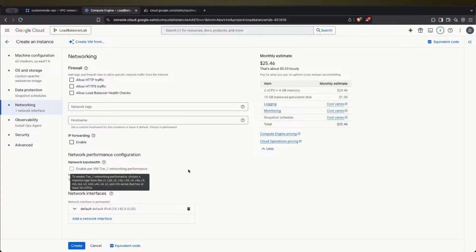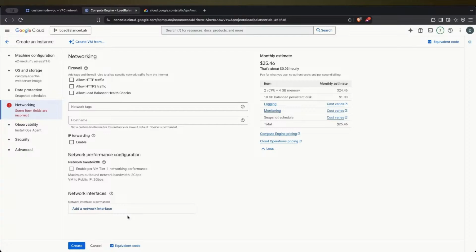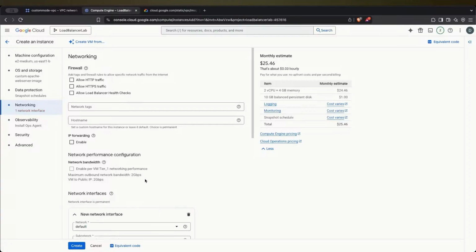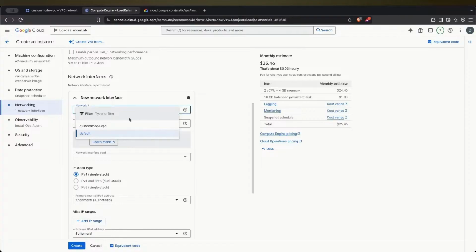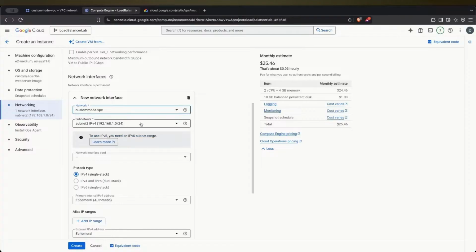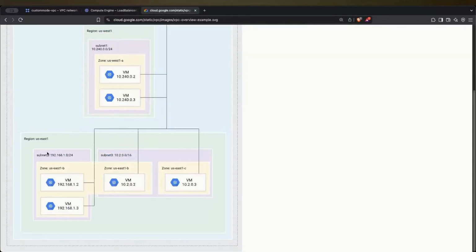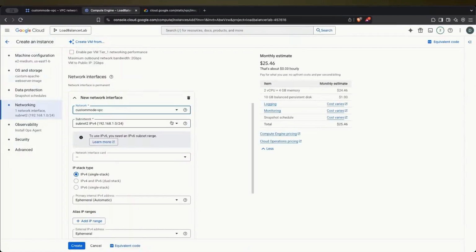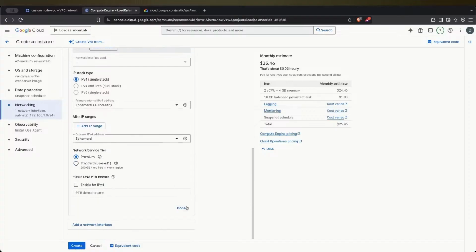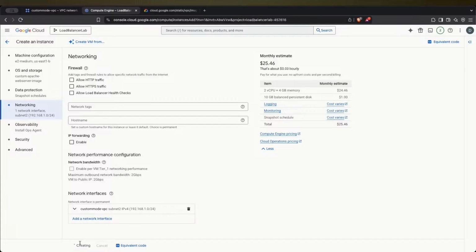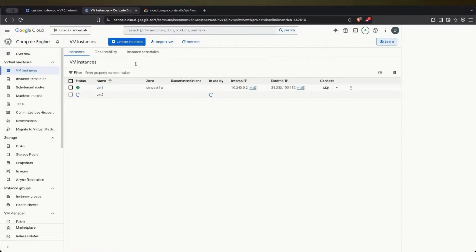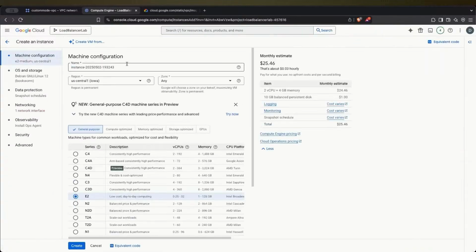And for the networking, I will delete the default network interface suggested. Click Add Network Interface. Select the network, the custom mode VPC, and the subnet is the subnet 2 inside that VPC. I will click Done and then click Create, and I will create the third virtual machine, call it VM3,